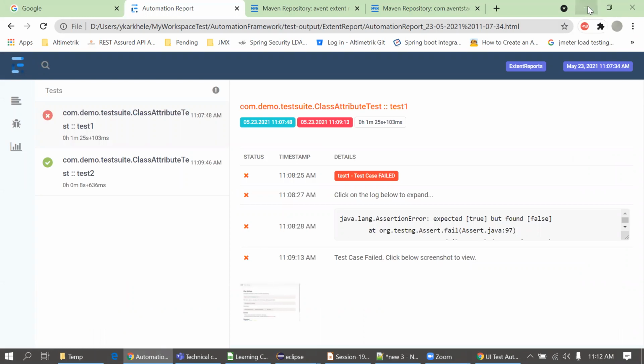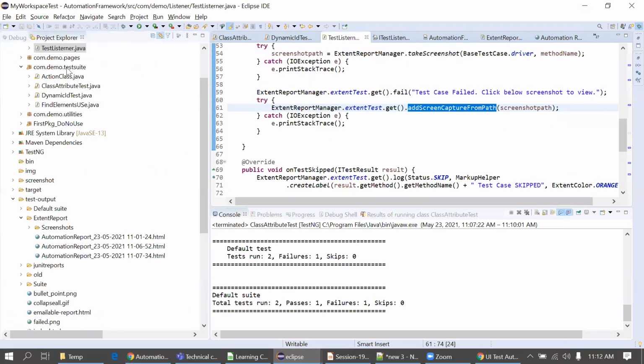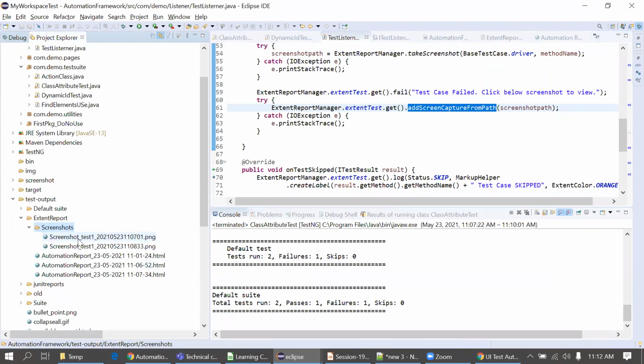Okay, so again we have created another folder in this structure. So this is a structure actually, screenshot. Here also we are taking the screenshot. From here we are again copying the screenshot and pasting, means just attaching the screenshot to the report. Okay, so this is a different folder, screenshot, and then these are the reports actually generated after execution.